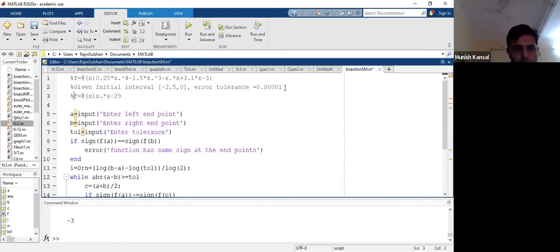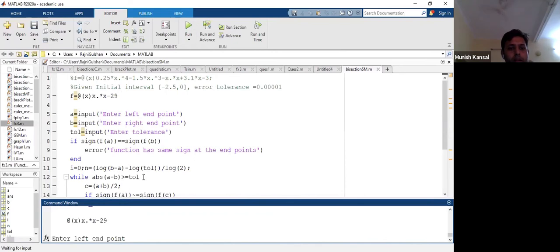Okay. So इसको चलाते हैं अभी. Now you run this program. It is asking for the interval. So you keep in your mind whether you want to plot the graph of this function. You go to the plot command. There are several options I have told you, but this is a simple question. It is asking for the square root of 29. We know that the answer is somewhere between 5 and 6. 5 square is 25, 6 square is 36. So we already know the initial interval. Let us say I will start with 5 and 6.